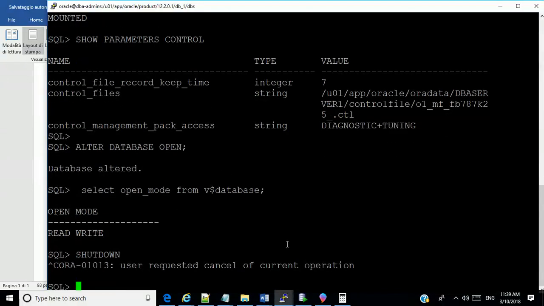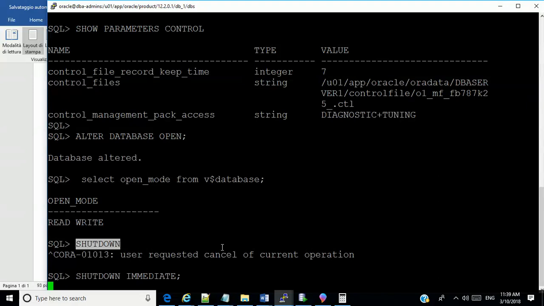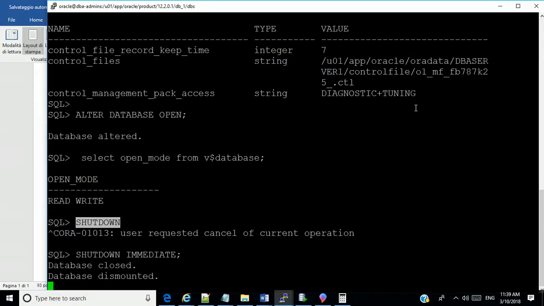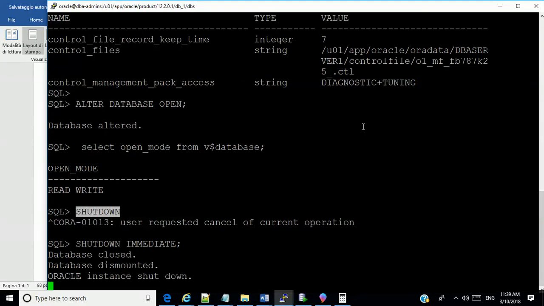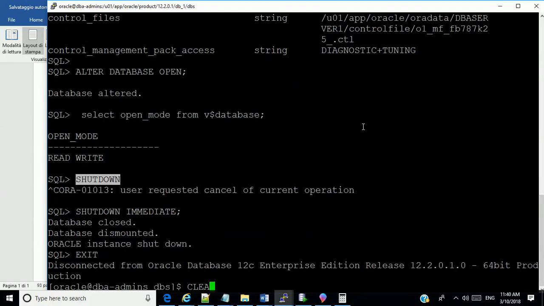Okay, I made a mistake there. You know the mistake I made? It's better you write shutdown immediate, because if there's a process in that database, it will shut down. Remember, shutdown immediate if you don't want to remain there forever. At a time, shutdown immediate might not work. You might have to run shutdown abort to terminate everything and start all over. We've seen these things again and again in some very complex databases.